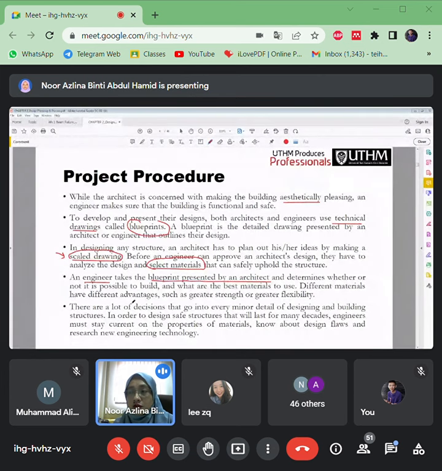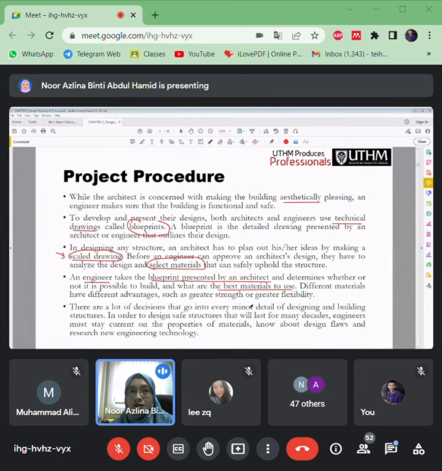This is our responsibility, to ensure that the drawing is possible to be built, and then what materials to be used. Is timber strong enough, is steel strong enough? With a long span, let's say, it's suitable to use steel, so we have to discuss more with the architects. Some of the architects' proposals we can change.